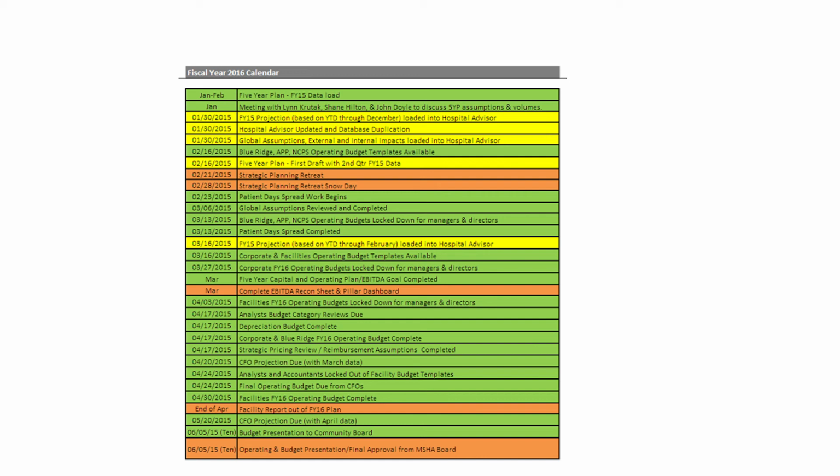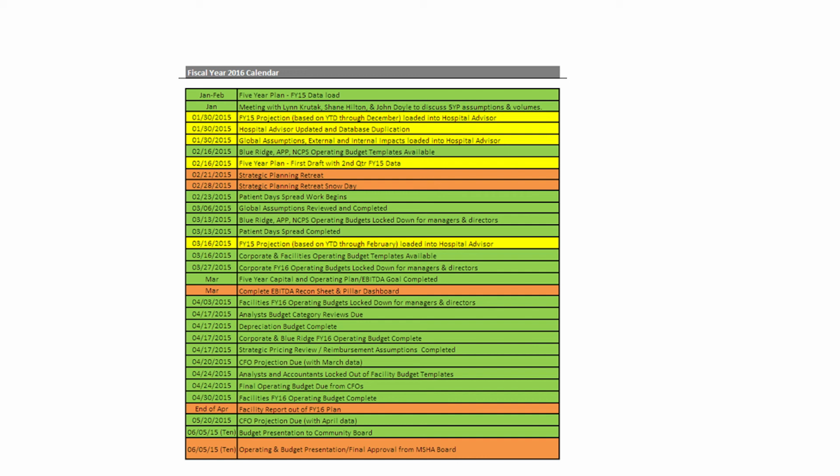It gives us a guideline of where we think the organization is heading over that 5-year period. Once that's complete, we typically utilize that to start the operating and capital budget process, which takes several months, and do complete operating budgets for each department with the manager or director of that department, and then complete the capital